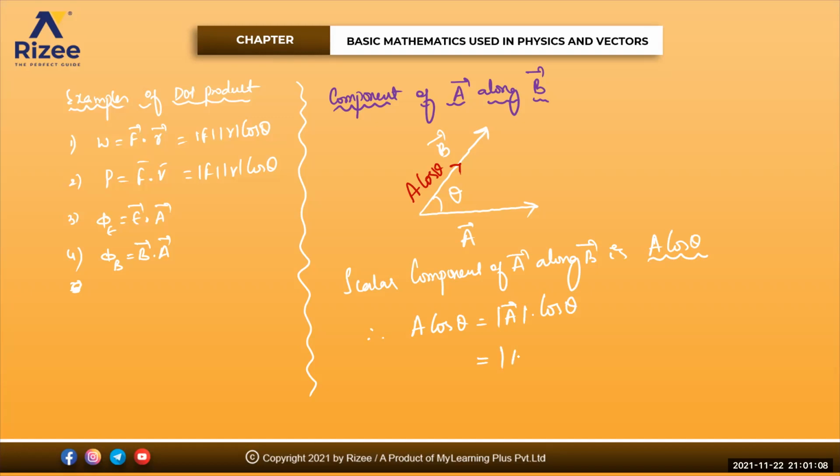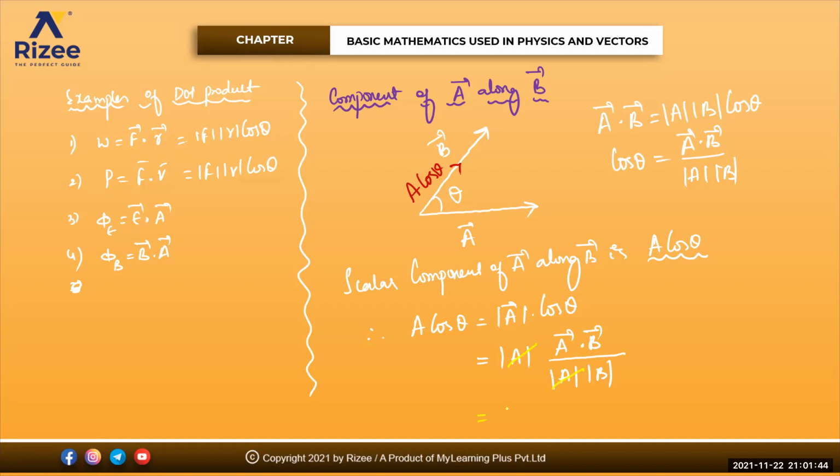That is equal to magnitude of A bar into, how do you write the cos theta, beta? Like see here, A bar dot B bar is equal to mod A mod B into cos theta. Na? So cos theta will be equal to how much, beta? A bar dot B bar divided by mod A into mod B. So I'll write that one right now here. So this one is A bar dot B bar divided by mod A into mod B. Anything is getting cancelled, can you see it? If you see carefully, this mod A is getting cancelled.